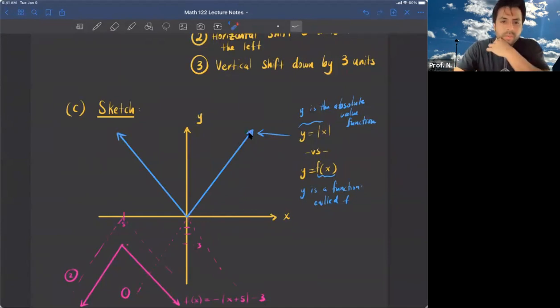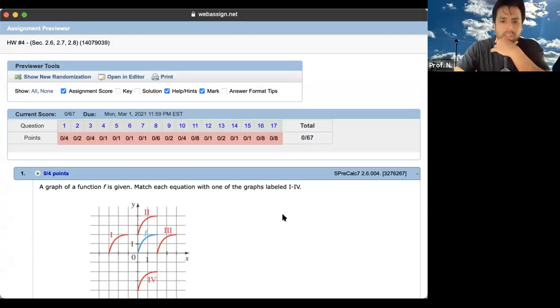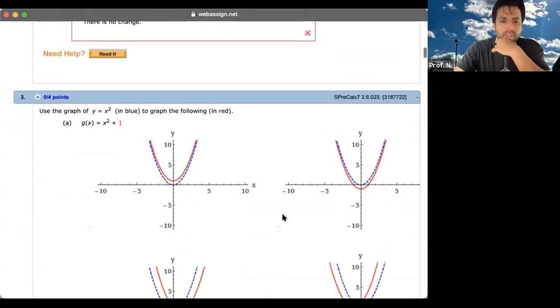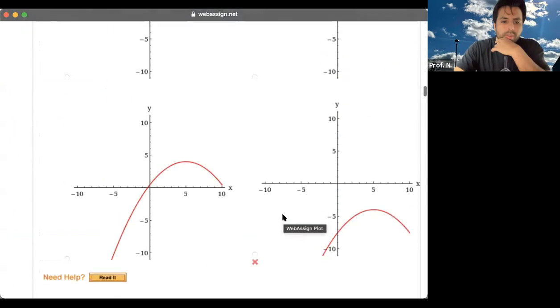I'm not sure why you're having trouble with this, but you have every capability of doing so. So let me share my screen. If you look at the homework, this is just like a random one. For number 5,